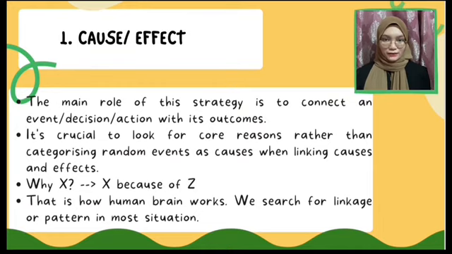I will be explaining about types of rhetoric. So the first here we got cause and effect. The main role of this strategy is to connect an event, decision or action with its outcomes or consequences. For your information, when linking causes and effects, it's crucial to look for core reasons